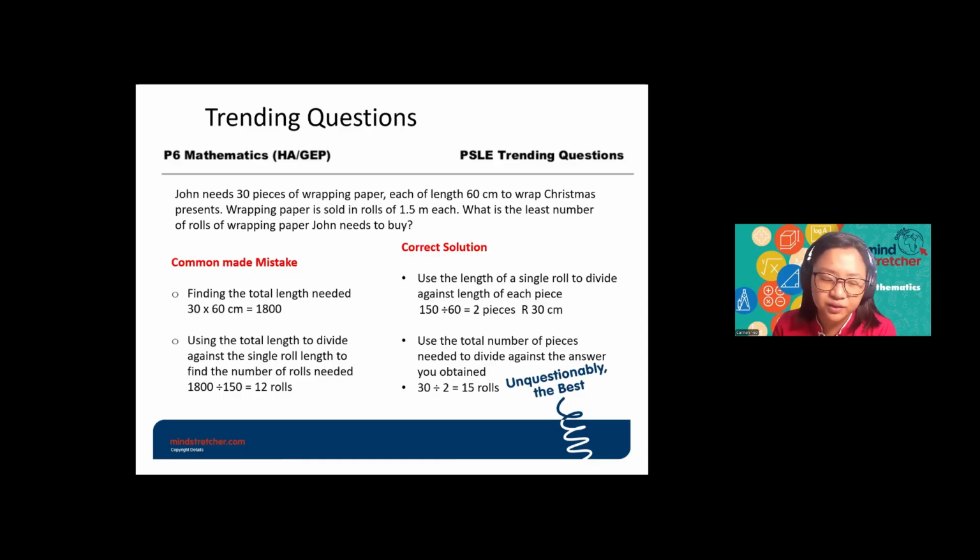Now, we will not see this just once. You will probably see them a few times in our My Structure worksheet. Every time the teacher will explain the reason why you cannot make this common mistake and what is the correct solution. So hopefully when you see this in the exam, you remember the reason your teacher told you, and don't make the common mistake.